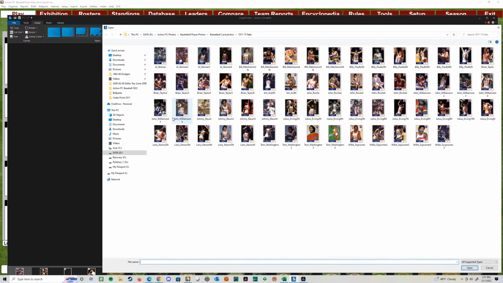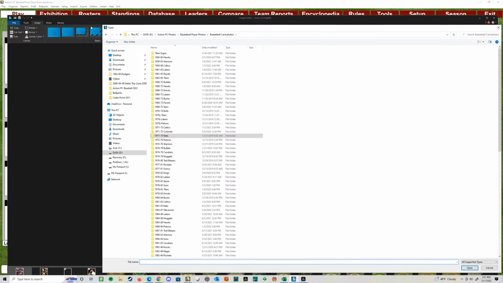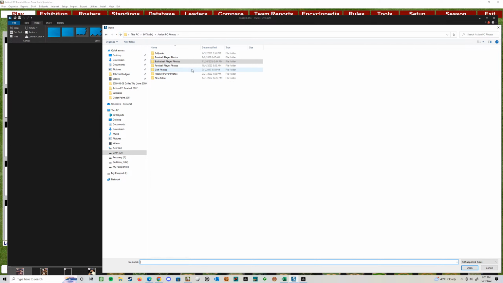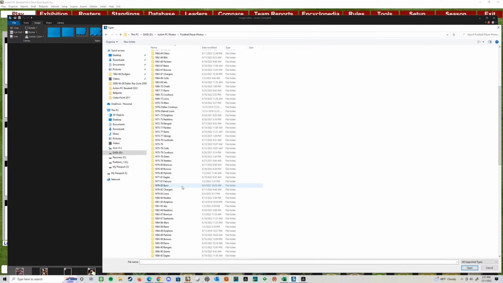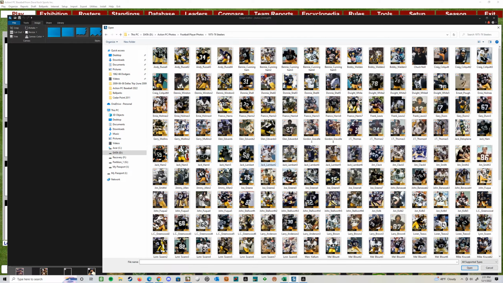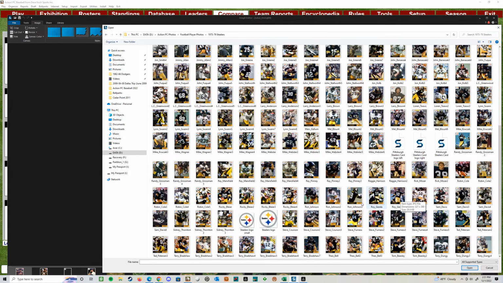I've done that for this football. I did the same kind of thing. Football's different because they use a different format to show in the game. It's a little wider, so it's got a different format and there's more players on the team. So what a pain that is, right? There's a team I've done here, like the Steelers. Got the Steelers done right. So it's a little wider format. The game uses it a little bit more square, I guess, is the right way. But you got some few options.